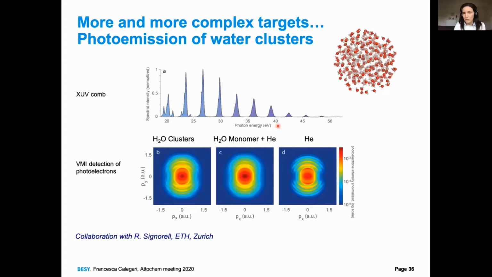So here you can see a comb of harmonics and the resulting EMI spectra. In the target, we have a natural mixture of H2O clusters and monomers, because we also have water in the gas phase, as well as the carrier gas for the clusters, which is helium. So the first challenge is to recognize the presence of the three in the results in order to isolate the